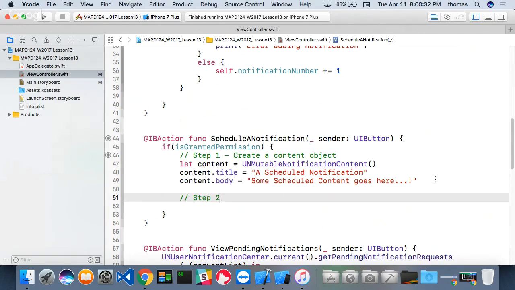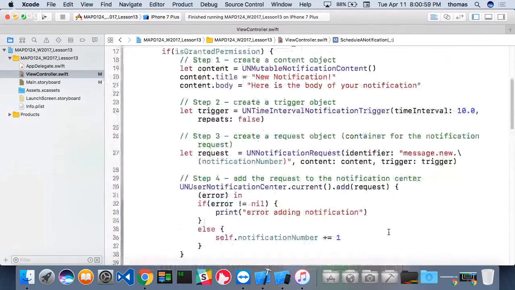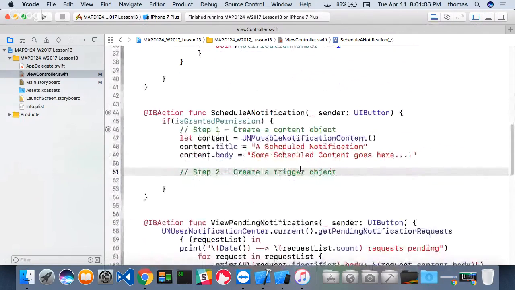Okay, step two. Normally what we would do is create some kind of trigger. But the problem here is that we don't just want to set up a trigger. Our trigger is slightly different than before. There's two types of triggers. The trigger that we created up here is a UN time interval notification trigger, and this one is going to be a different kind of trigger. It's going to be a UN calendar notification trigger. This is where the difference is between the scheduled notification and the other type that we did before. Now, for this, because we want to keep it simple,